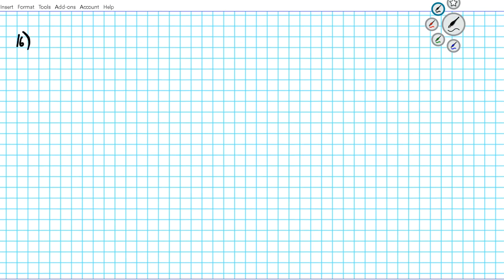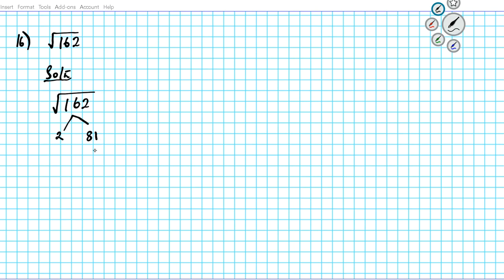So for question 16, let's say we want to find the square root of 162. All right, we're going to use the factor tree to break this down. So square root of 162. 162 is even, so we can take a 2 out of it. So 2 goes into 162 81 times. Okay. All right, so for this one, let me show you a nice little shortcut that you can